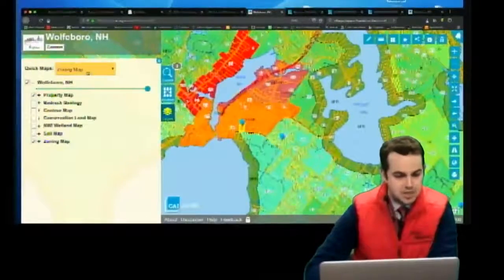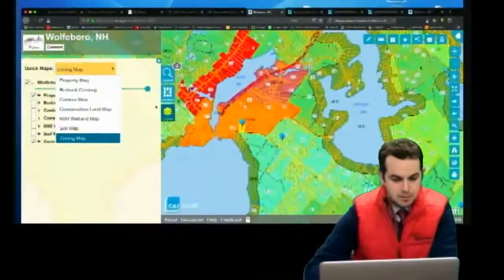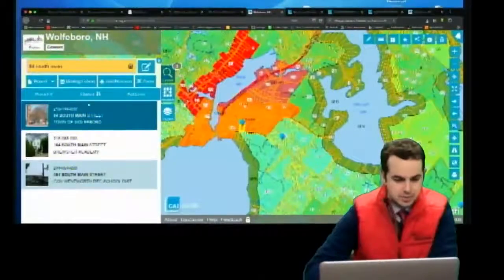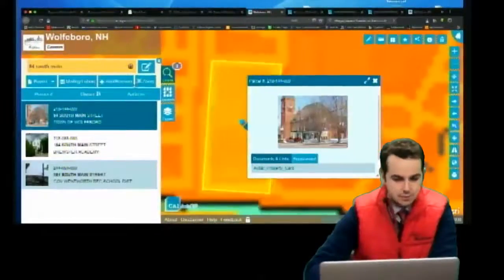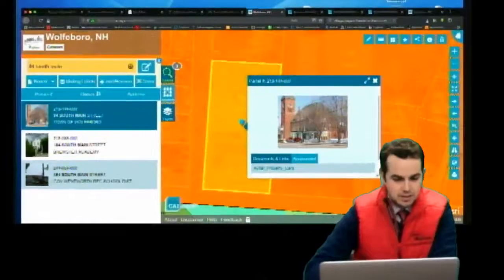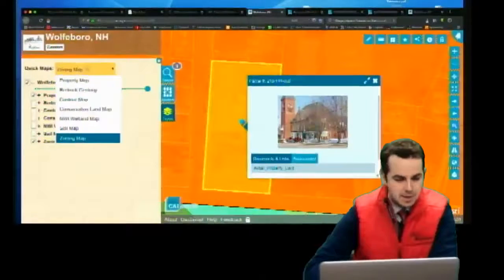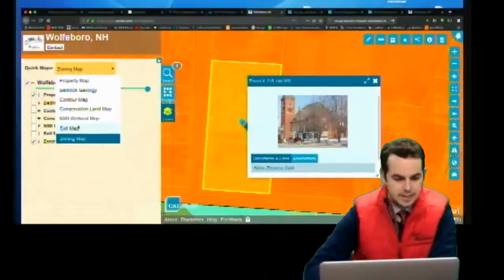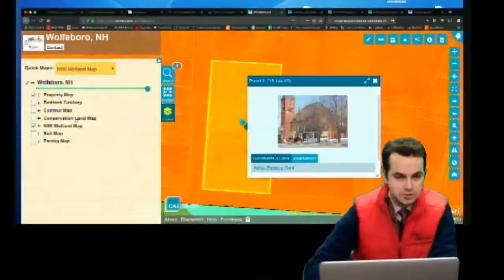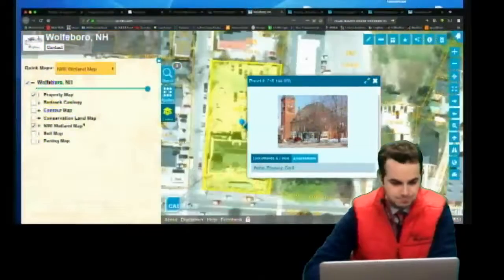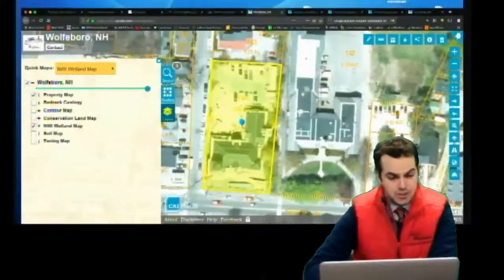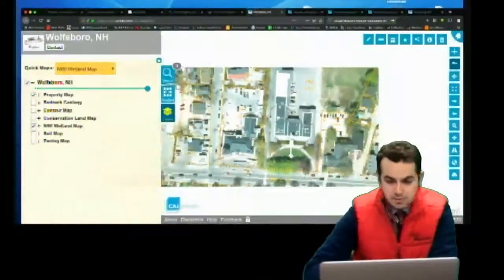So let's say I want to look at other features of my property. I'm actually going to go back to my search. I'm going to zoom back into 84 South Main Street. I'm going to go back to my Layers tab here. And I don't want to see the zoning map. I'm interested in what the wetlands are on my property, for example. You'll see we see some change here. Now, I don't see any wetlands on my property, so this isn't really a meaningful map for me,